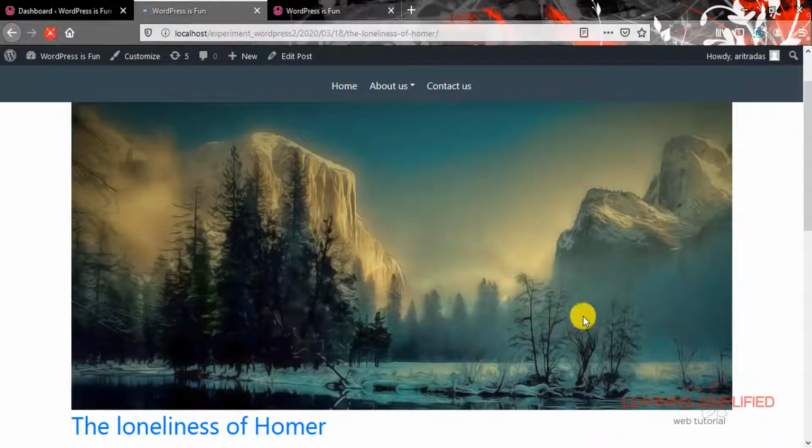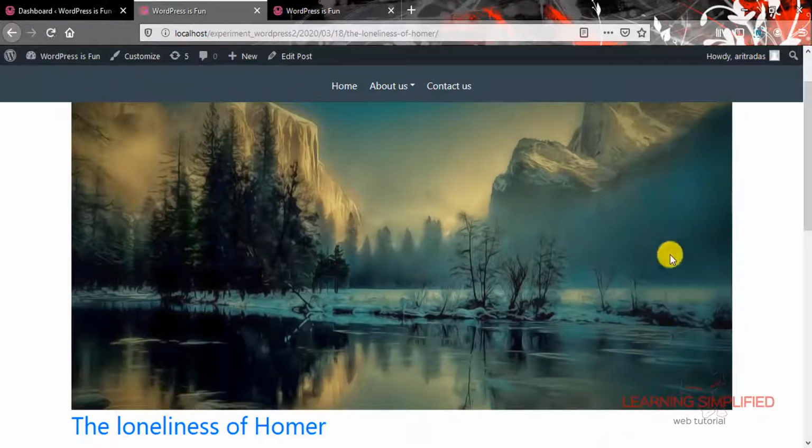Let's head back to our project and reload, and we can see that everything is back in order, and the image is now positioned centrally in this particular div, and this entire image is now covering up this entire div. There's absolutely no problem with it.